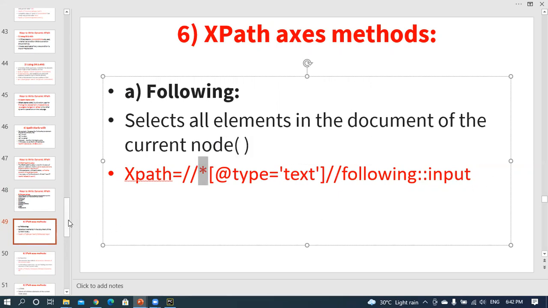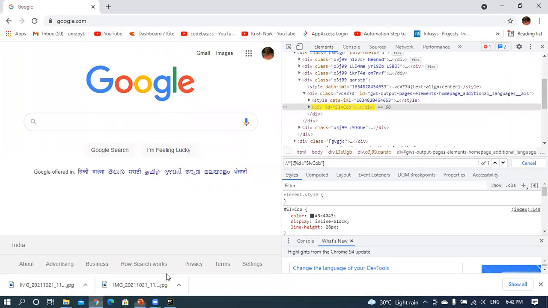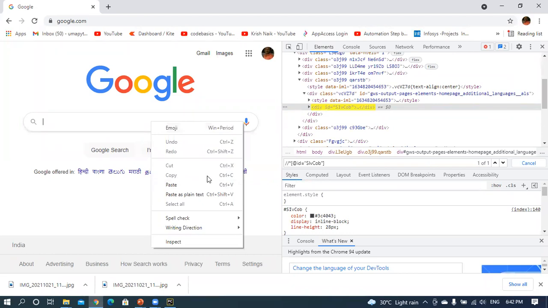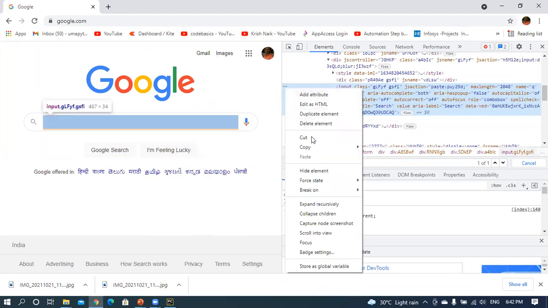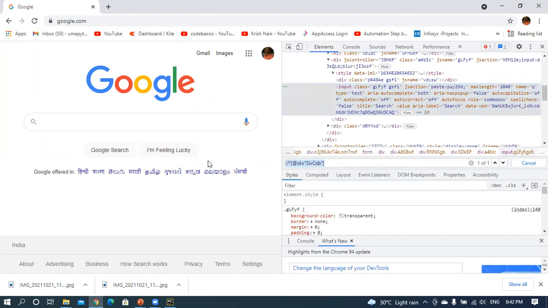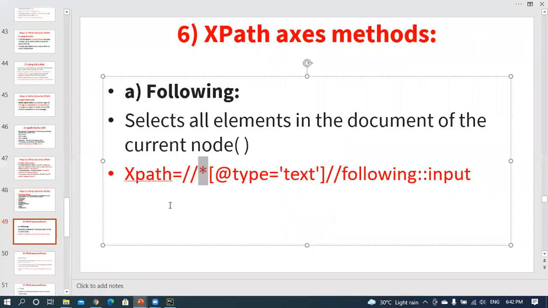This is one way of representing the XPath. If you come here and copy, this type of XPath is also available. Sometimes you require this type of XPath also.